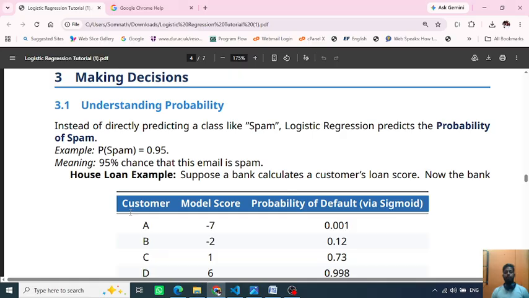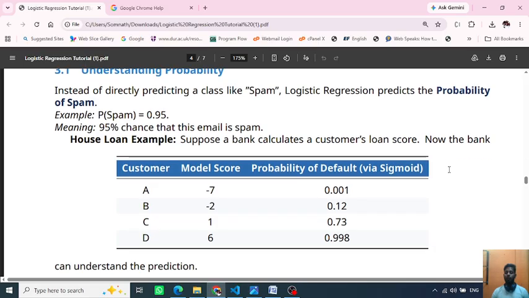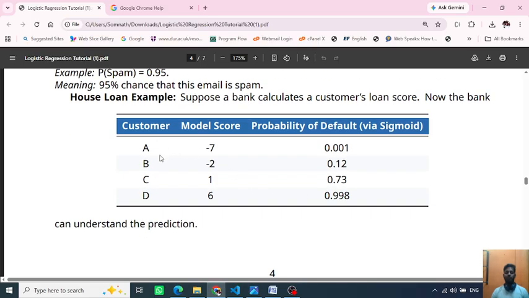So instead of directly predicting the class like spam, logistic regression predicts the probability of spam. Let's say the probability of spam is 0.95, meaning a 95% chance that this email is spam. And for a household example, suppose a bank calculates a customer loan score. Now the bank has to help them understand the prediction. Like suppose customer A's model score is -7,